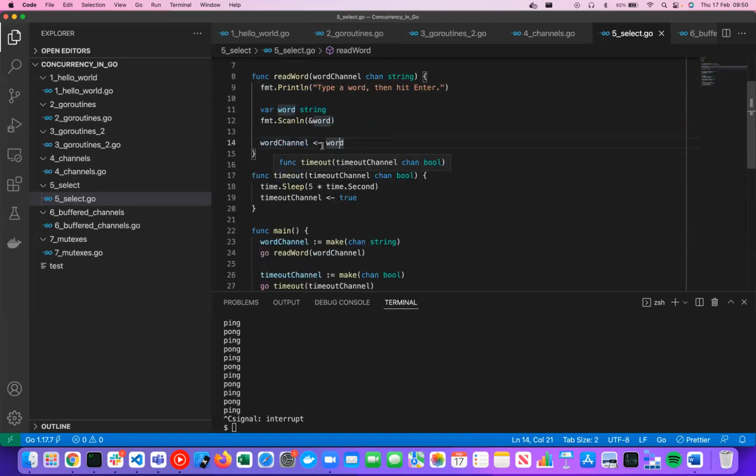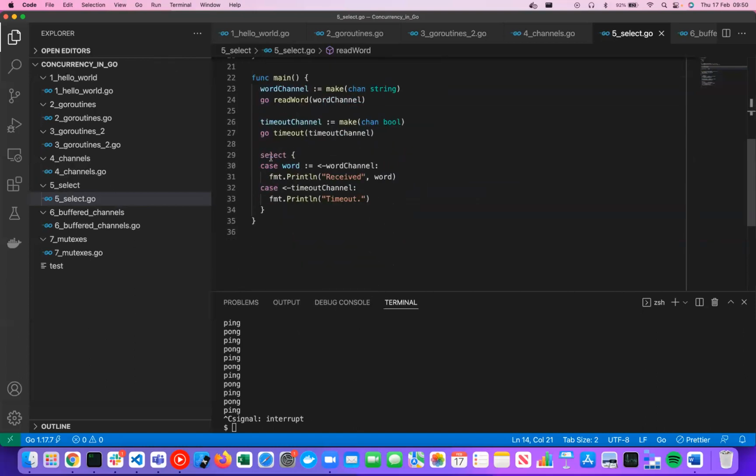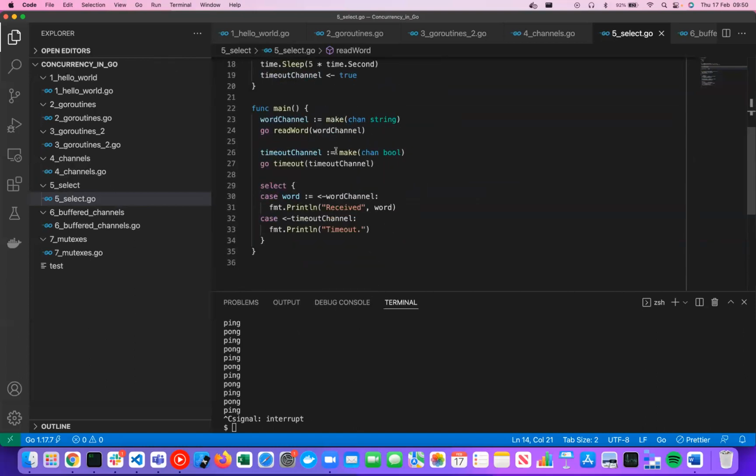Timeout is basically sleeping for 5 seconds. And then after the 5 seconds, it's going to send the true variable into the timeout channel. So you can think of this as, one Go routine is waiting for input, the other Go routine is going to be announcing when 5 seconds has passed. And yes, it's almost like waiting for input, but with a 5-second timeout, which is where this select statement